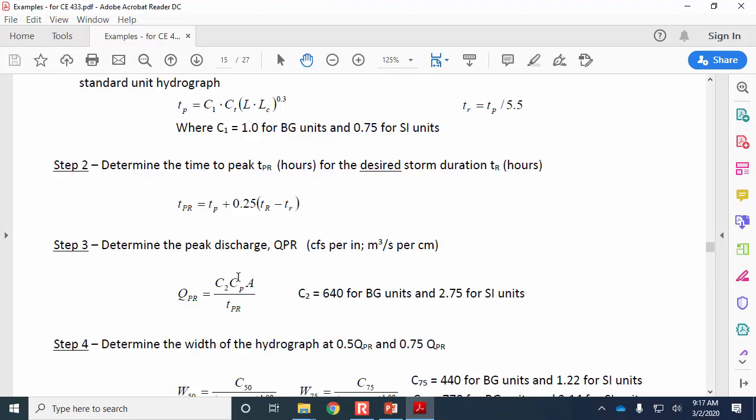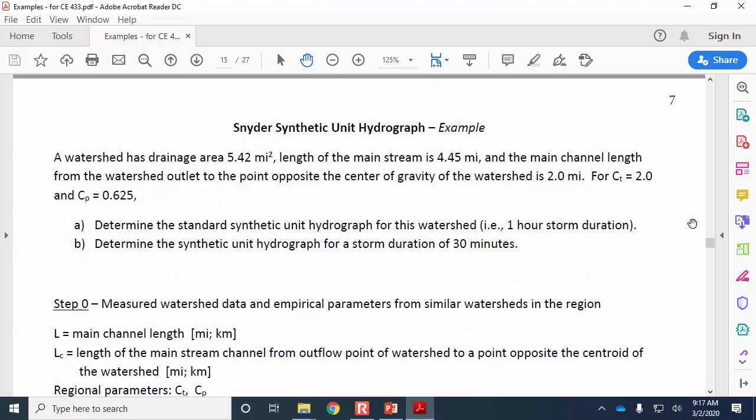These are just like time parameters. And so we don't know anything about this watershed in terms of the soil type. We don't know about the land cover, the percent impervious. This is only applied for a rural watershed where you have these regional parameter data, like the C sub T and the C sub P. Those are the parameters that would take into account what kind of soil you have and what kind of land